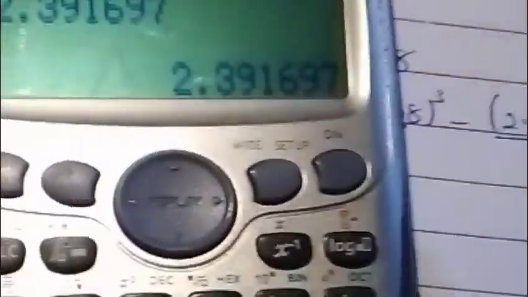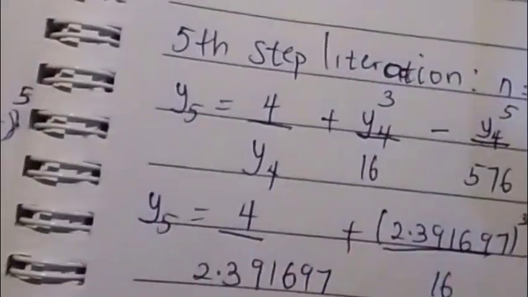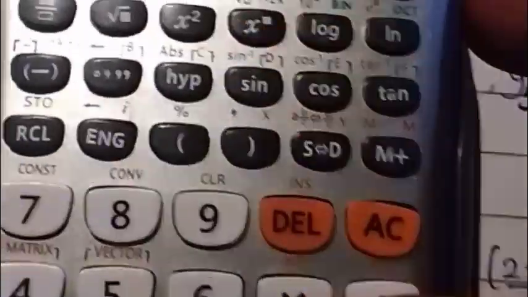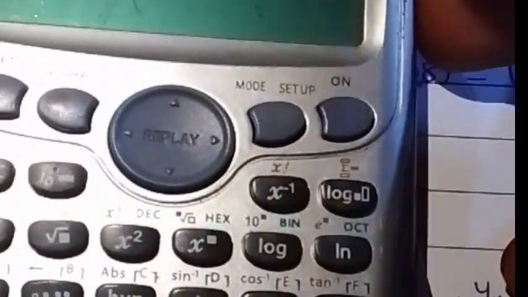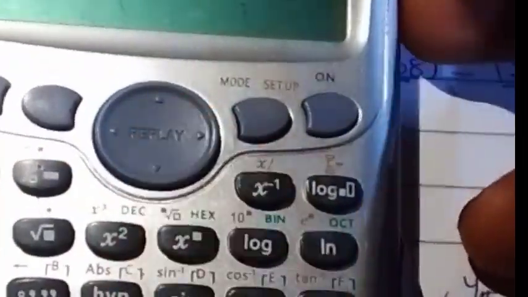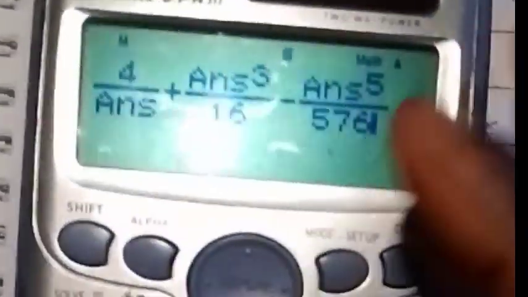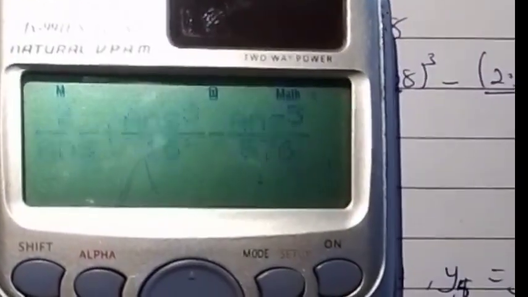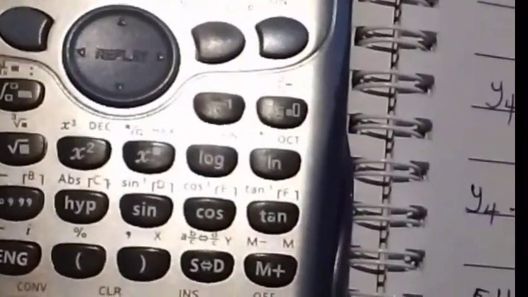So I'll put in my equal to sign. This is my y4, and I'll be putting everything into my y5. So I'll be typing 4 all divided by answer plus my answer cubed divided by 16, then minus my answer to the power of 5 divided by 576. Please, I hope you all see this. We don't want to make any mistakes at this point because we cannot come all the way and just bring it all up. So equal to, and that gives me my answer of